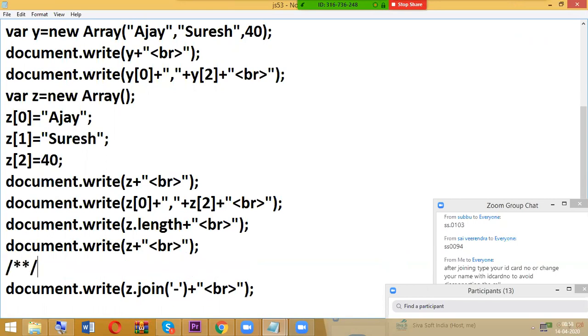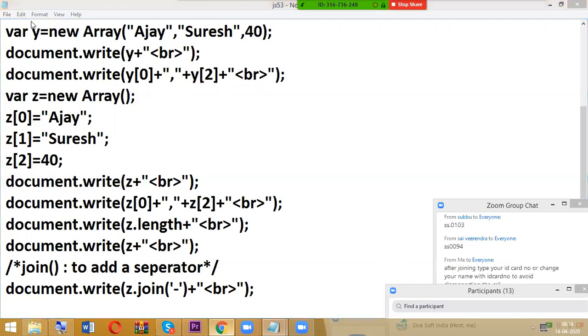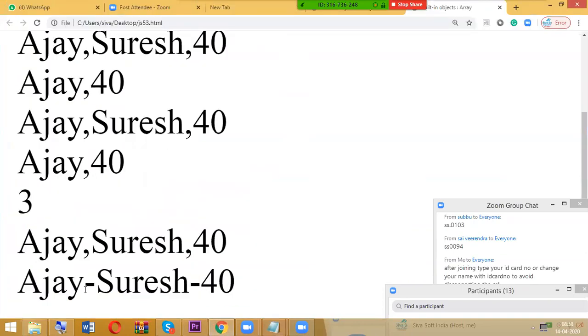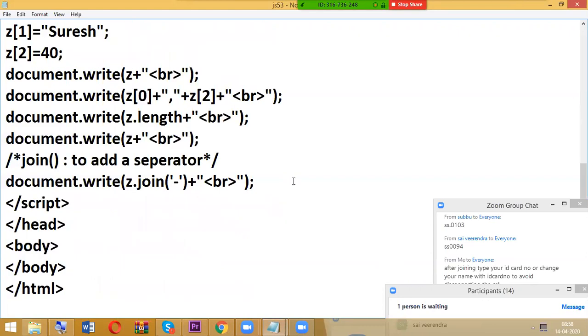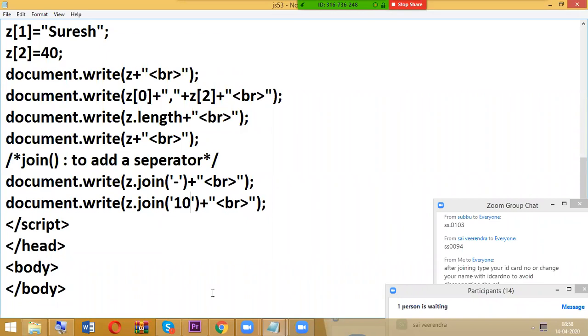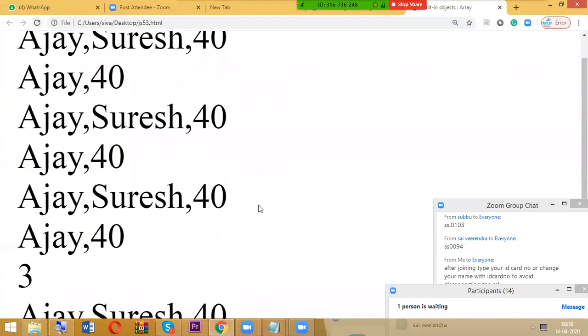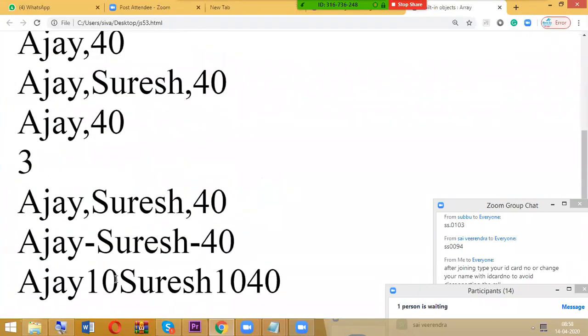In comments, I'm writing: join, to add a separator. Hyphen, same like that. I am adding 10 here. So now the separator is 10.